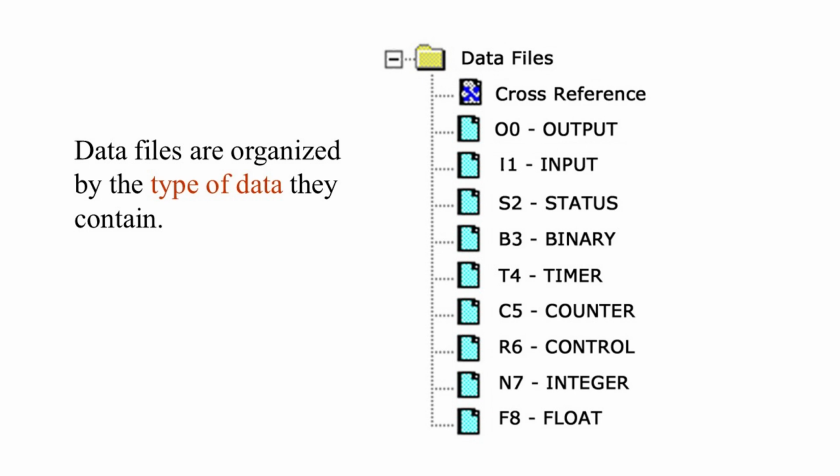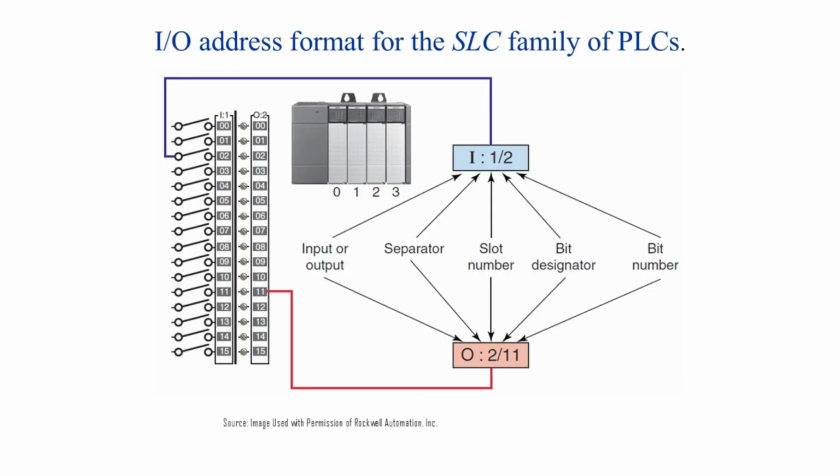This makes programming and troubleshooting much easier because you always know where to find your inputs, outputs, timers, and internal bits. Now let's take a look at how the PLC keeps track of every input and output device in the system. In a rack-based PLC, each input or output terminal has a unique address. The format looks like this: